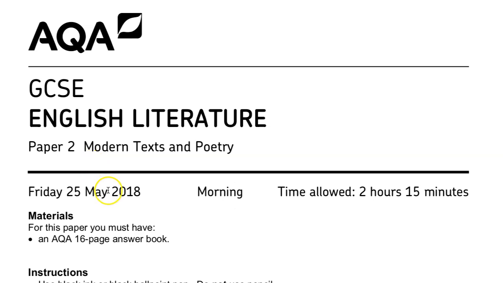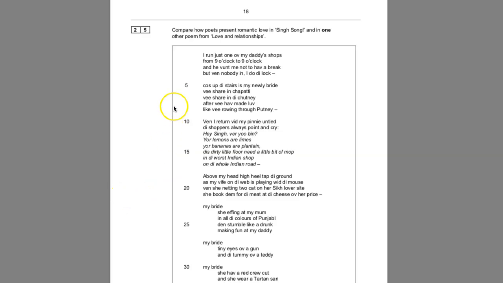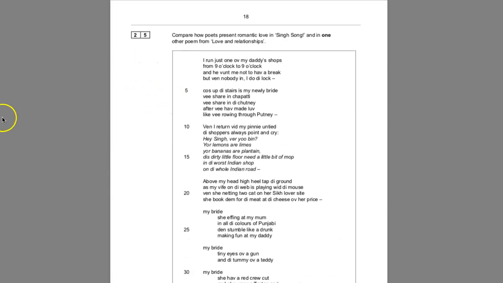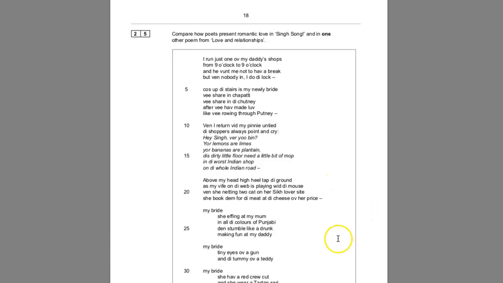Let's look for a clue in the 2018 poetry paper. So let's imagine you were doing the love and relationships question and you got Sing Song, and here it is, this huge poem, and now imagine it in your anthology. Imagine all the detail you have around the side here, all that writing, all that annotation, all those methods, all those interpretations, all those verbs, adjectives, nouns and whatnot that your teachers have told you because they don't want you to miss anything in the exam.